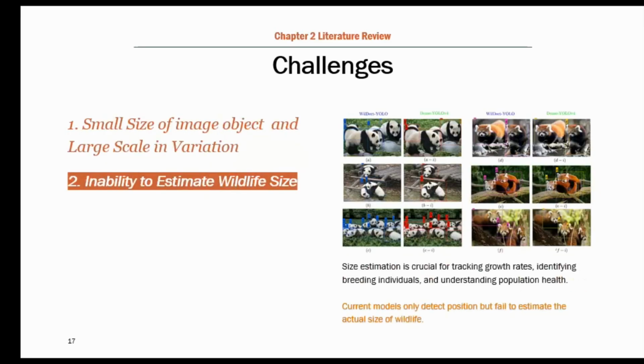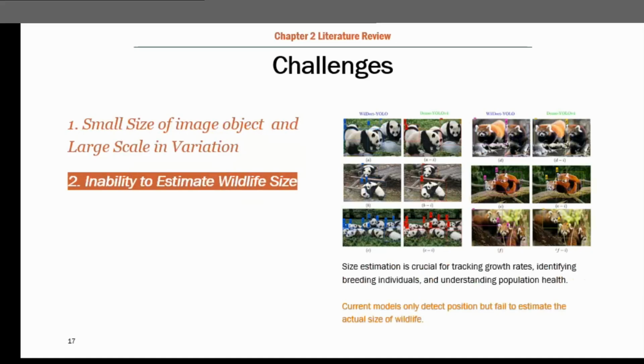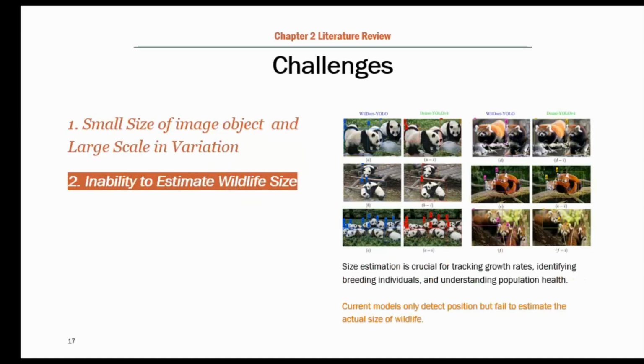Current detection models are especially used to identify targets by annotating them with bounding boxes, as shown in this slide. A bounding box provides only a pixel-based representation, which is not equal to the real-world measurement. For example, as shown in this slide, even though the